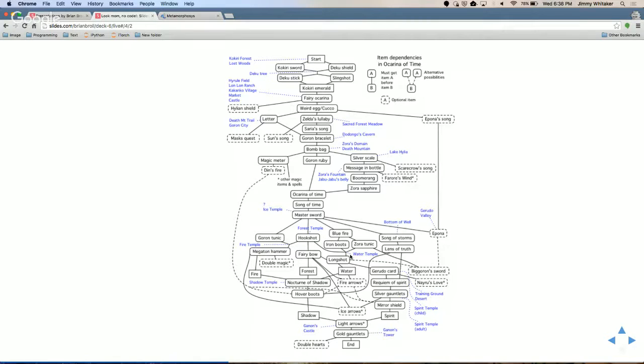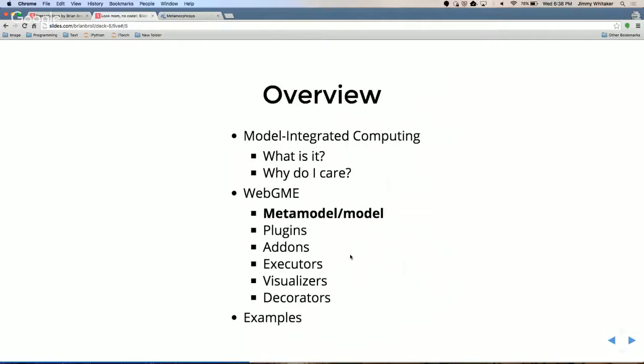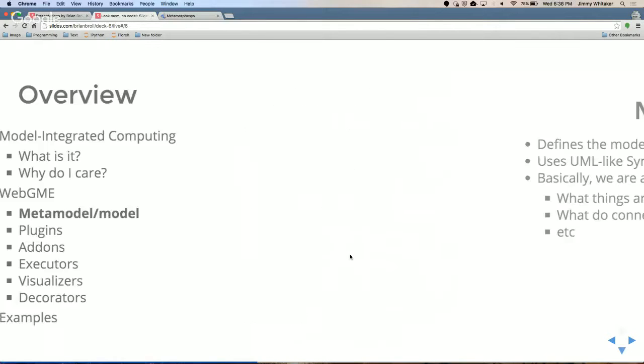Man, it's pretty tough to figure those things out when I was a kid. Third grade me, I was like, man, I just want a sword. It was crazy. Anyway, so now we're going to get into the model and metamodel.